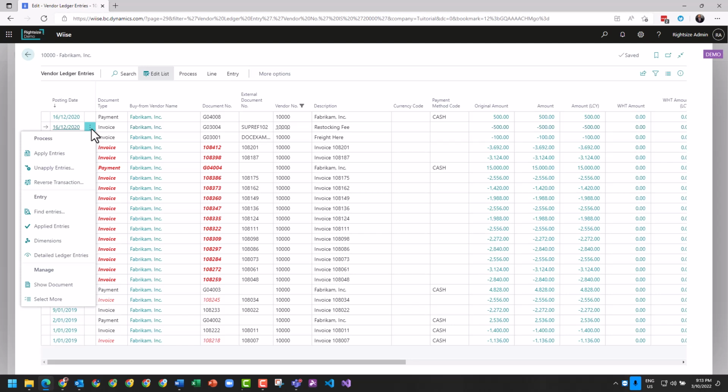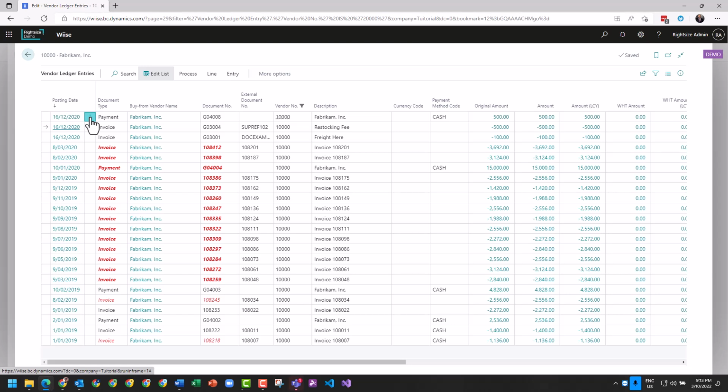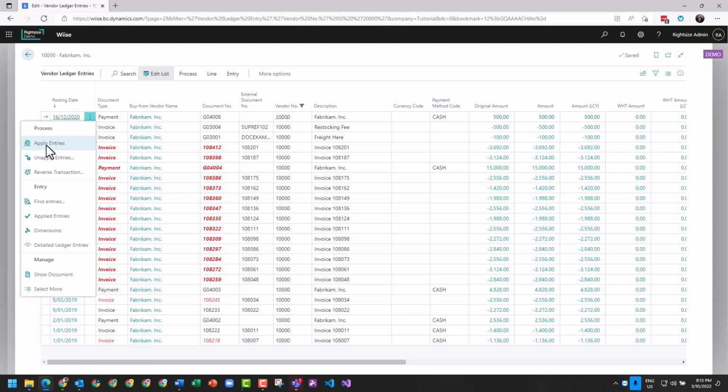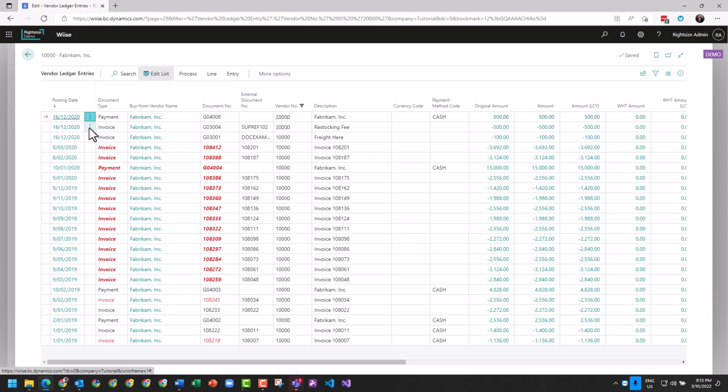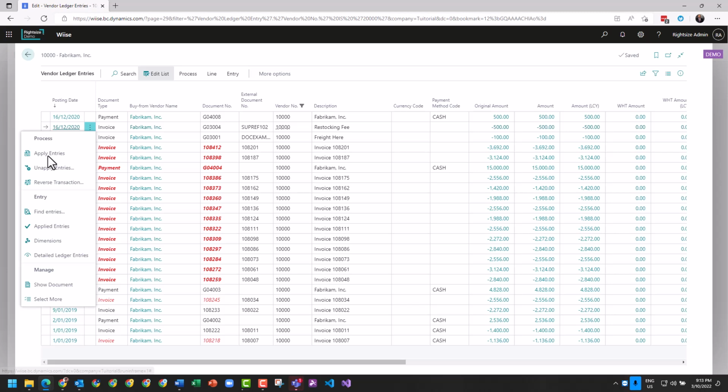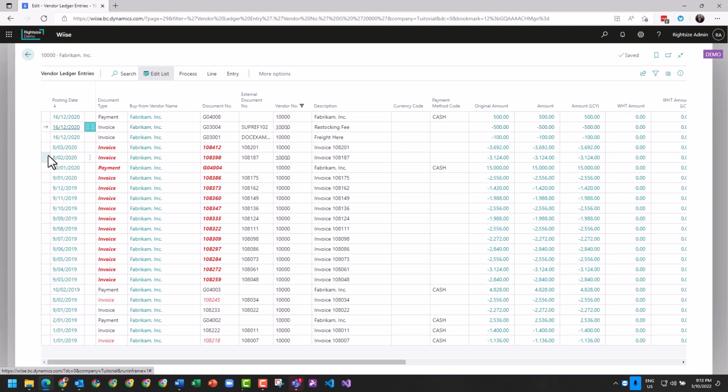Okay, so we can allocate both ways. We can either select a payment, and from a payment, one or many payments, and apply this across multiple invoices, or we can take an invoice and apply this and seek application of multiple payments. So just here on the invoice,